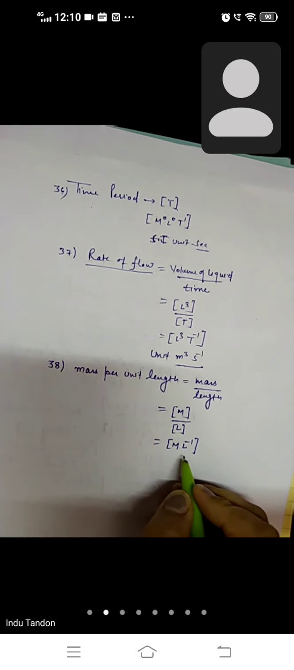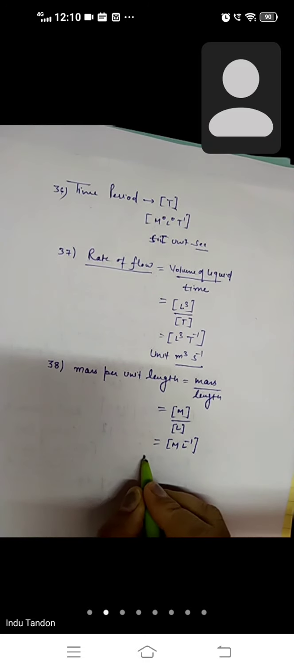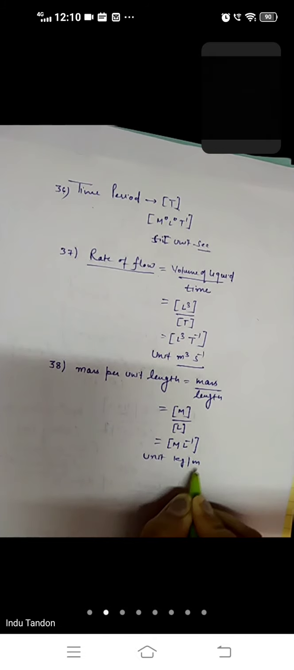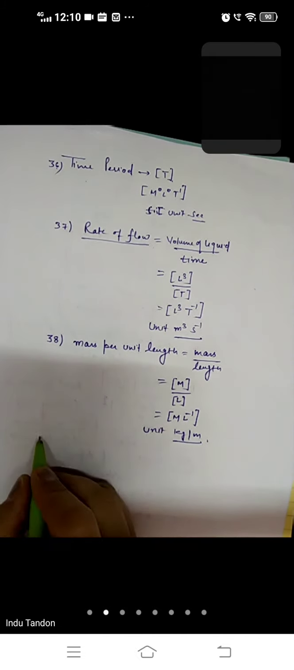Now mass per unit length is ML minus 1. This is mass per unit length. So SI unit is kilogram per meter. Next is